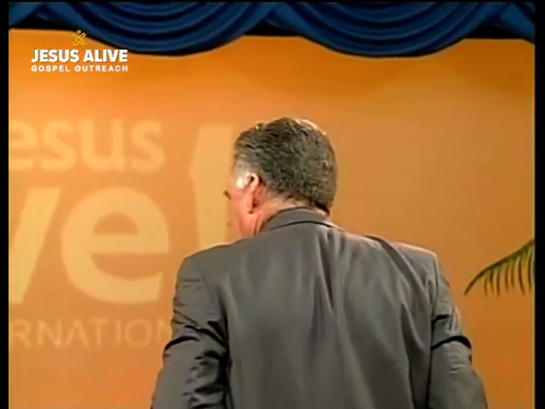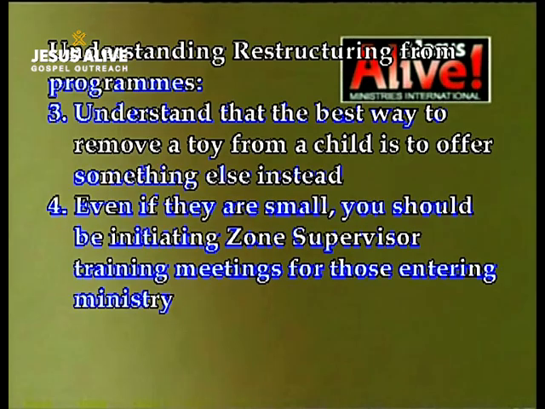If they'd taken them with proper preparation, one step at a time, like some churches did, the casualty list was very, very much reduced. So we got to see that people just struggle to make fundamental changes. This will let people know how God is working through the cells and that it is a system that can replace the programs. Even if they are small, you should be initiating zone supervisors training meetings for those entering the